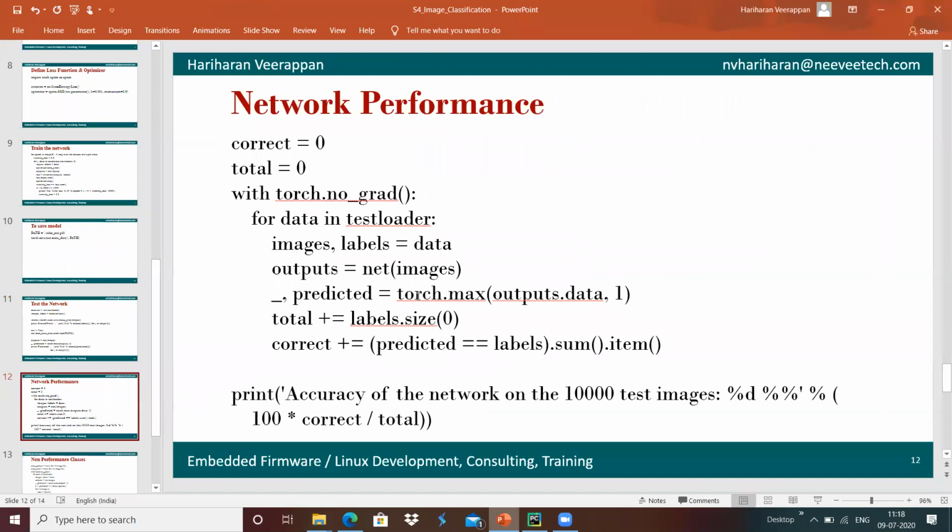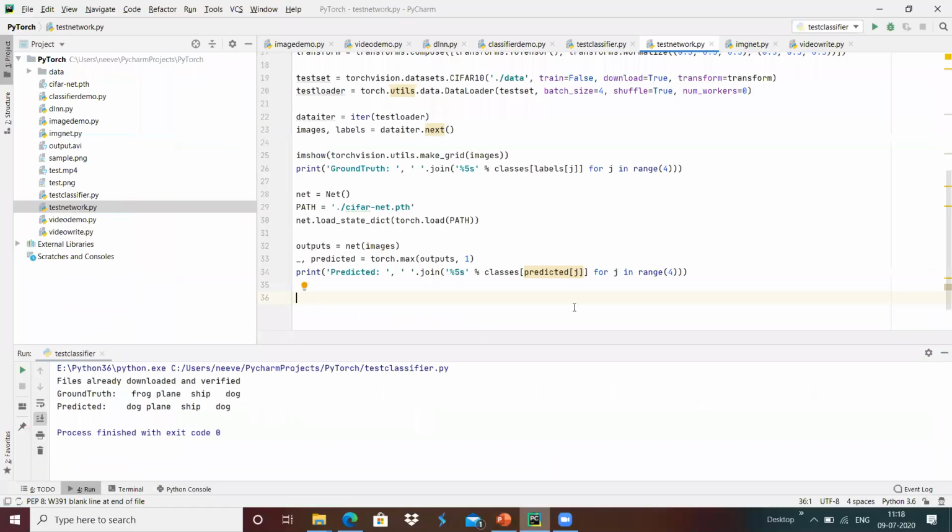In order to measure the network performance, we need to do the prediction for each and every image. The same way we did the predictions before, we need to do it for the complete images of the data set over here.